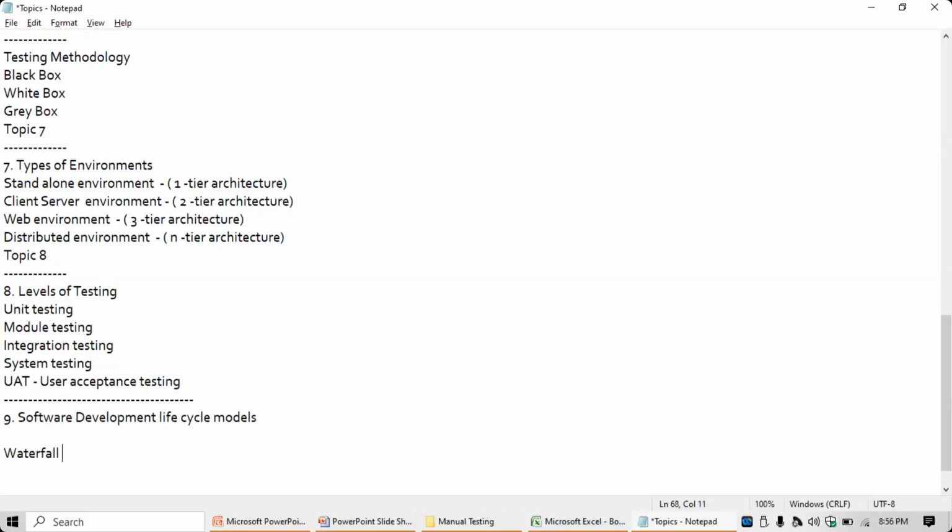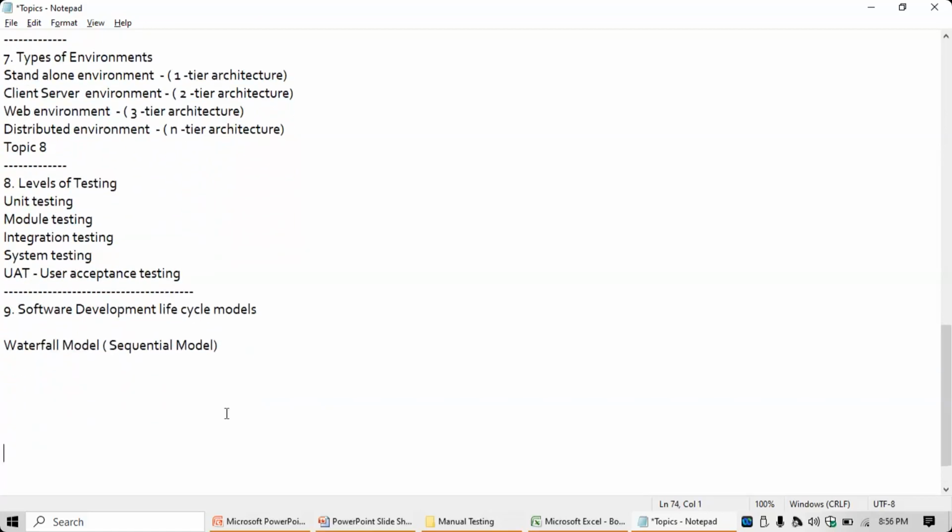First one is the waterfall model. This can also be called the sequential model. This is a traditional life cycle model which was used in the olden days. Nowadays also, some of the companies are following the waterfall model for a few projects. What is that? How will it be implemented? We will see. Okay, and then you have the prototype